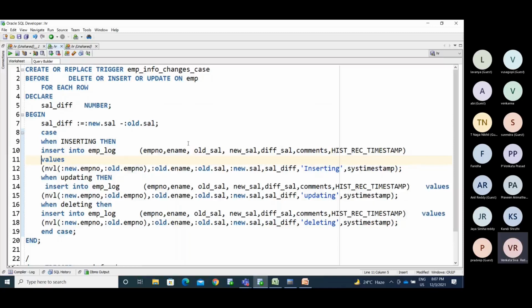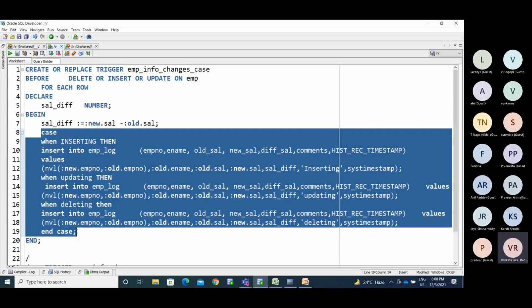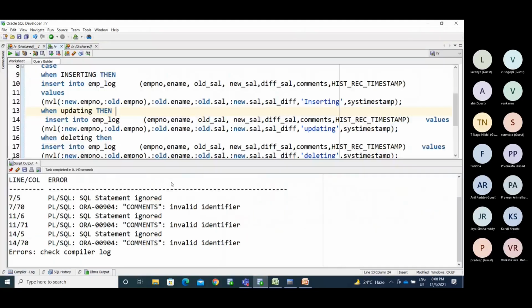If you are updating, the system can automatically understand, come to this place and run that. If you want to perform these types of actions, we'll use the case statement. So while inserting, updating, you can understand with the case statement, put the condition. The required insert statement you maintain here, based on your requirements.